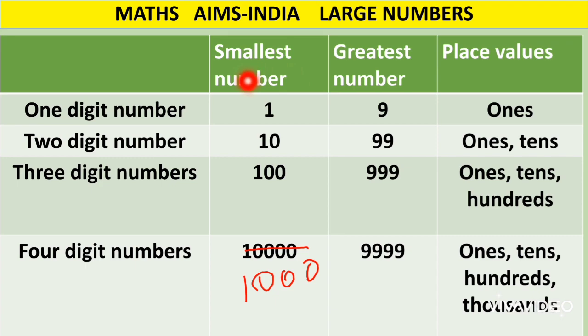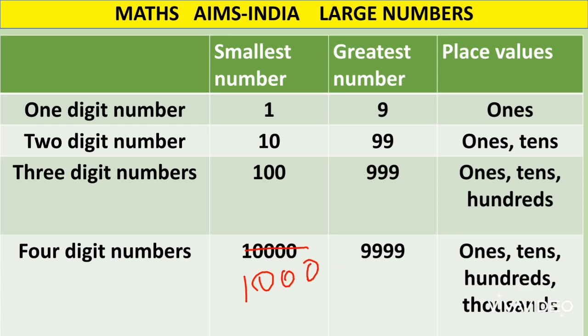And coming to the smallest numbers, they have 1 on the first place from the left, and the remaining places are filled with zeros. See, here we need a three digit number. Three digit number should have three digits. We have placed 1 in the first place and filled up the remaining places with zeros. In the same way, for four digit numbers, we should write four digits. So we've written 1 in the first place and then written 0 in the remaining places.